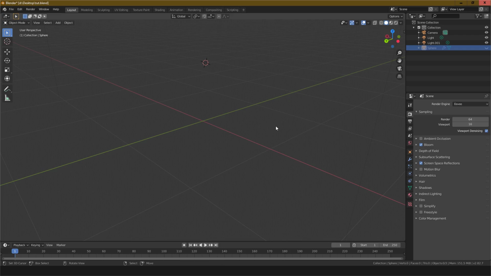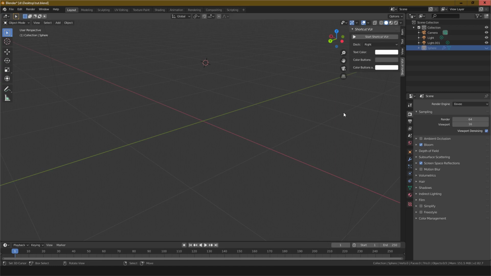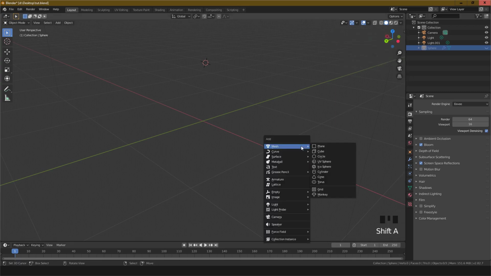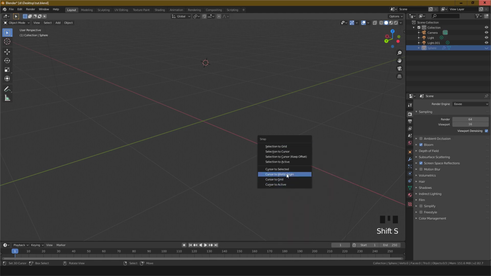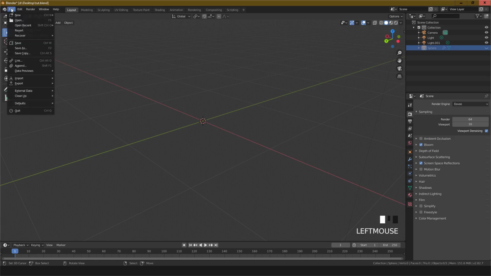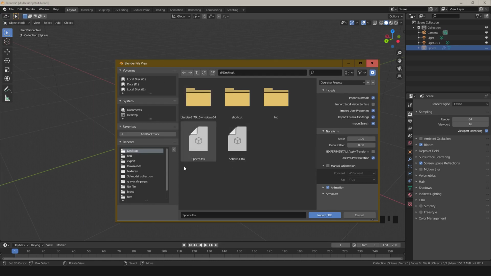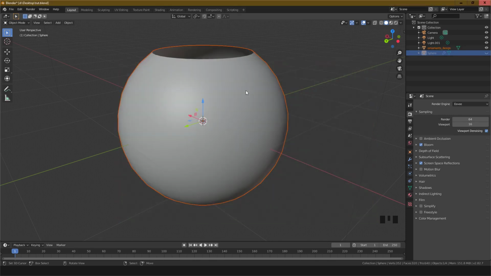You can see what I'm using here, Shift A or Shift S. Shift S, cursor to world origin, make the cursor to world origin, and now I'm going to import this FBX file. This is the desktop, the main directory of this object. Import, right click here,